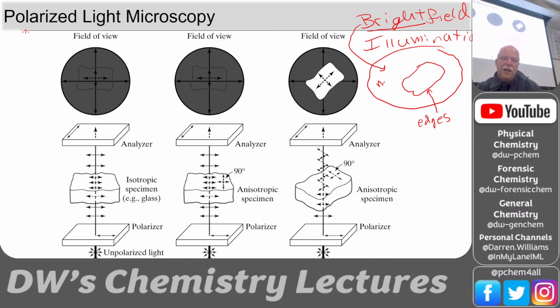So like N equals, let's do air, right? 1.0003, and this was, let's say 4, or let's do water. 1.333. So we've got a crystal that has a refractive index that's very close to water. That doesn't mean it's soluble in water. I'm just saying it has a refractive index that would slow light down the same as water does. Okay, and it's in our field of view, and we're letting all the light through, and we can see the